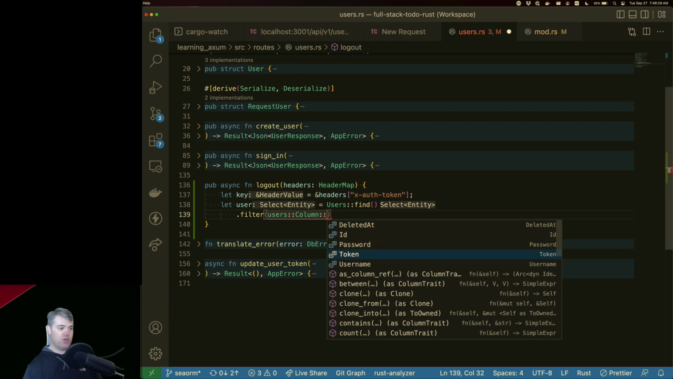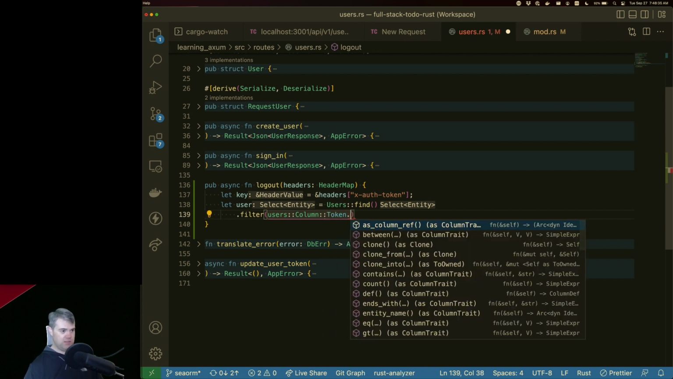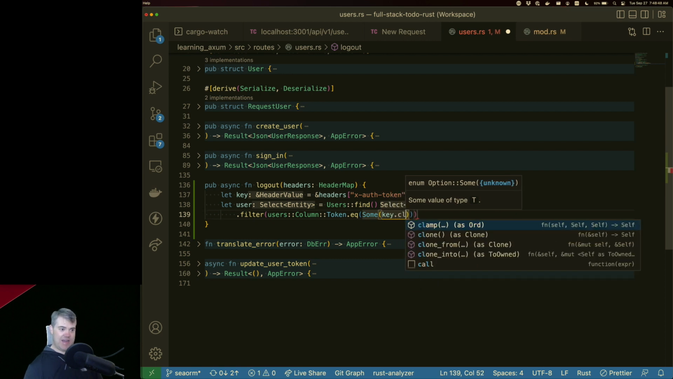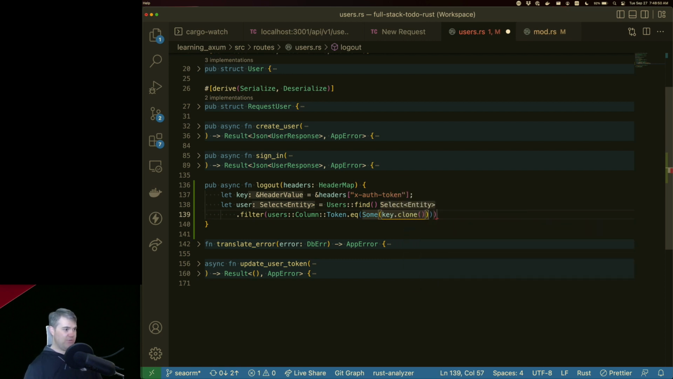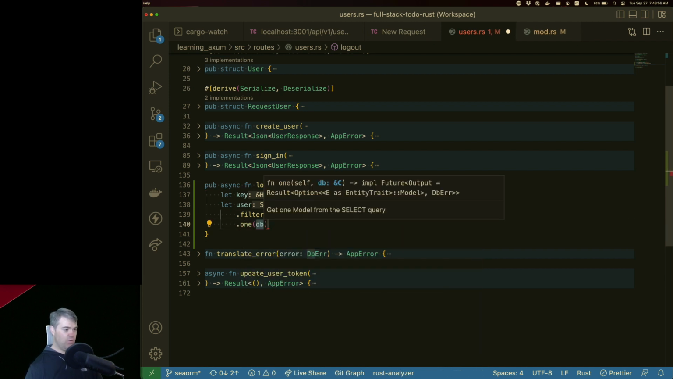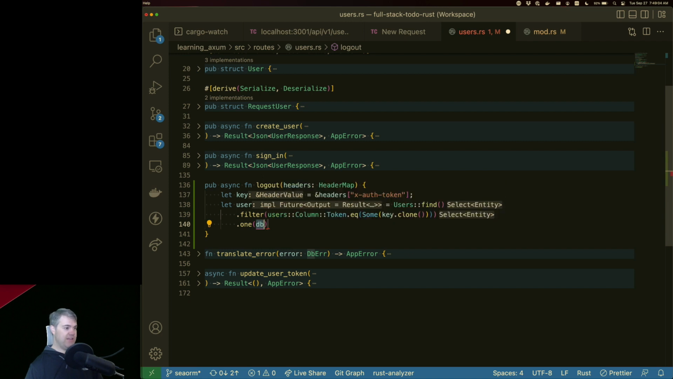I would have to do this as the token, wouldn't I? So give me where the token is equal to Some of the key clone. I wonder if that's going to work. Give me first. Oh, and then I need the DB out of here. So,